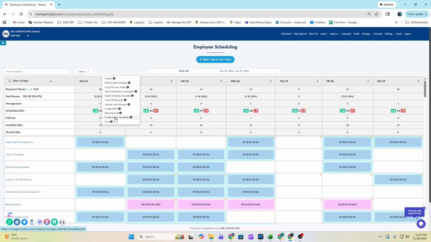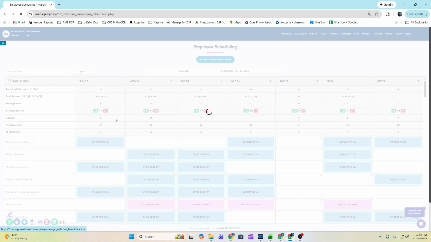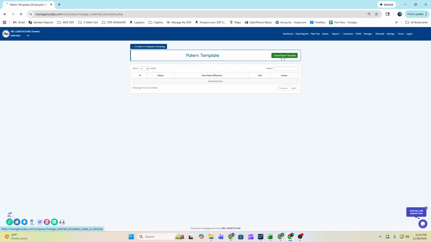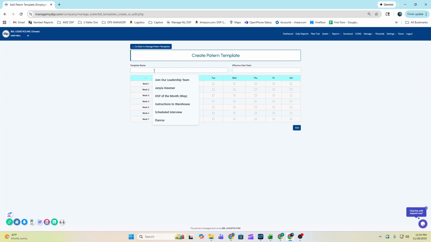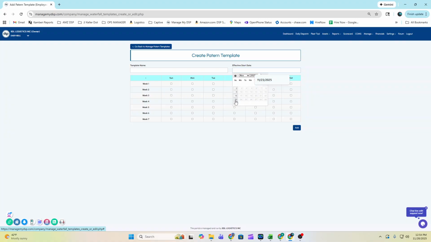Another very cool thing is we can now create pattern templates. If you click here, you can create a new pattern template. It's almost like a waterfall. You can give it the name you want for your template, and the effective start date. Usually it starts on Sunday. We cannot have a template start on any other day. So let's just say testing for now, and we're going to do a template that starts on Sunday 11/30th, and then on week one, I want, for example,